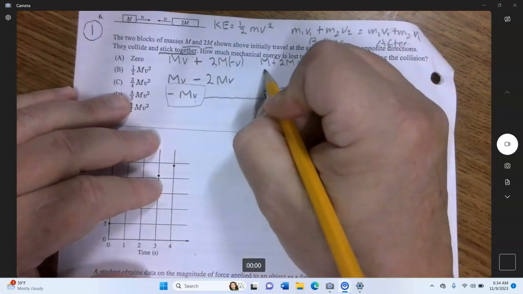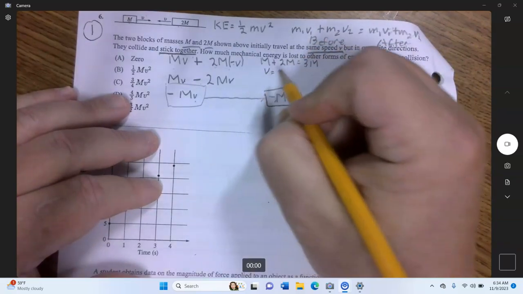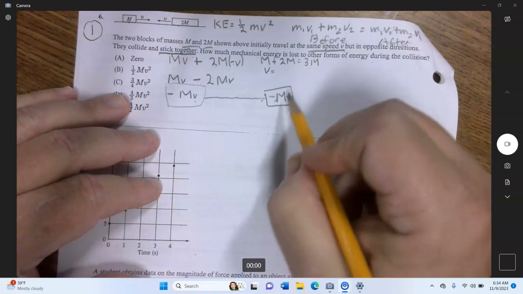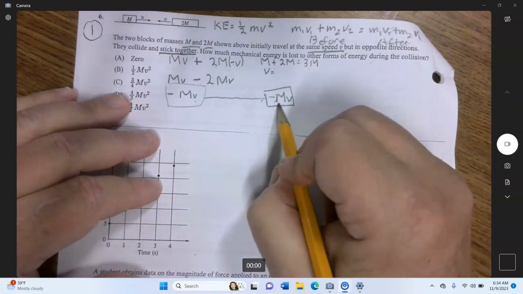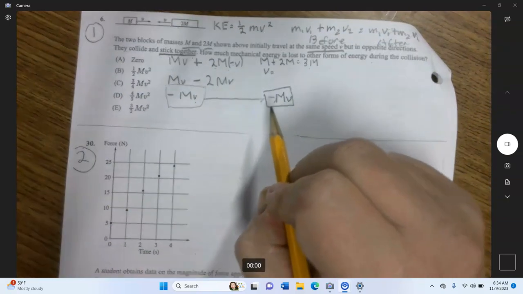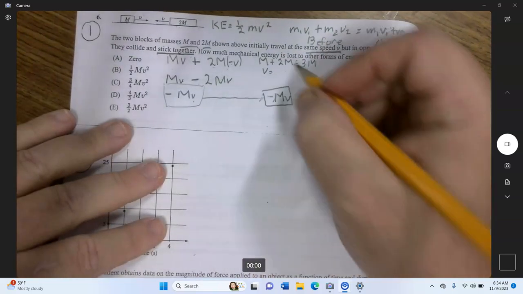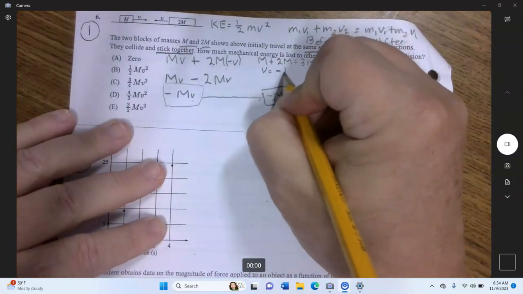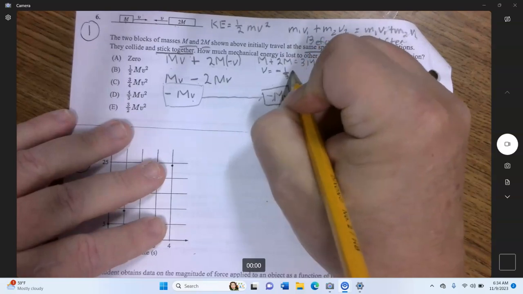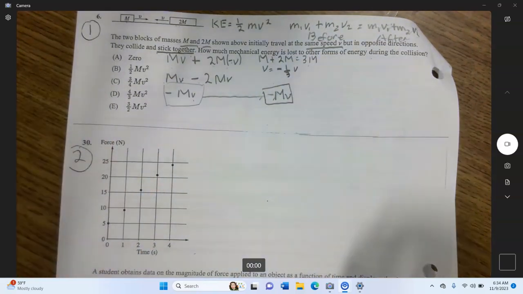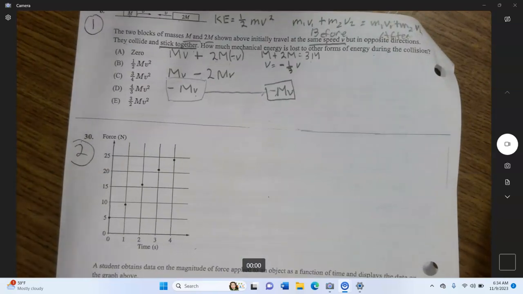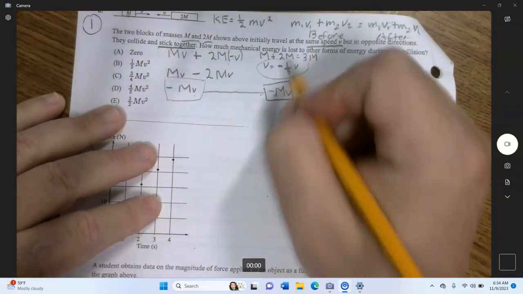So just ask yourself, what velocity would they have to be going at? So the 3m times some velocity gives you negative mv. Again, you have to have your basic math skills for fractions, okay? The answer would be negative 1/3 v. If that was a tricky calculation, come and see me, because you need to know your 7th grade, 8th grade fraction math, okay? You can't do college physics without that. So we now know the velocity after,